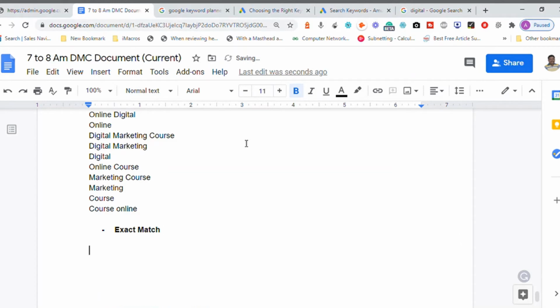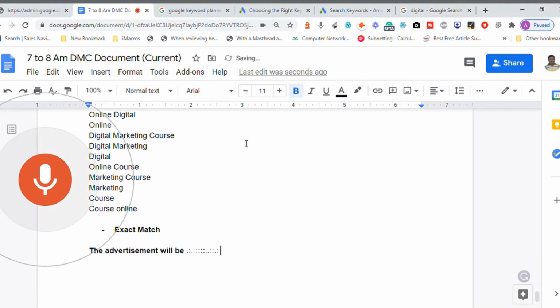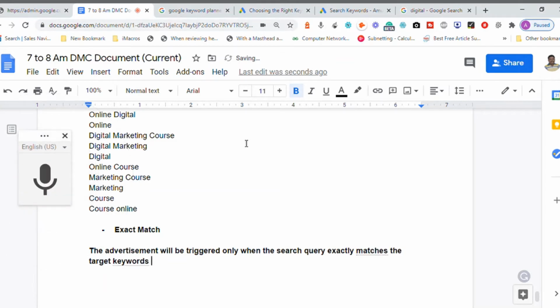The advertisement will be triggered only when the search query exactly matches the target keywords. If they change a small word, your advertisement will not be triggered. No ads will be shown. This is basically exact matching.